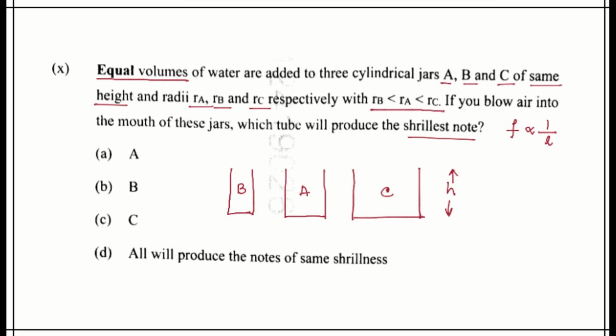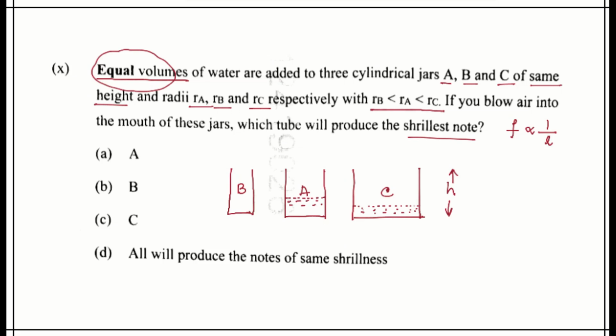which is constant. Now we have to take equal volume of water. So if we take equal volume of water within these three individual cylindrical jars, then for cylinder C, maximum air column will be present on the top after filling it with water, and with the same volume of water, in case of A, we will have a higher water level,